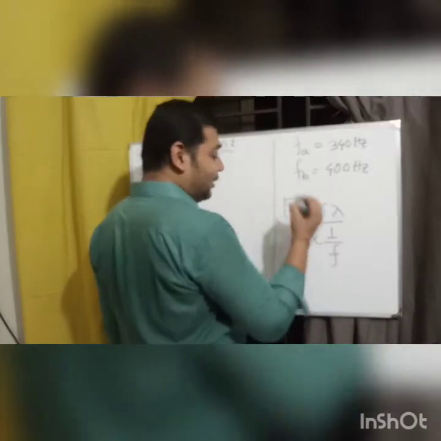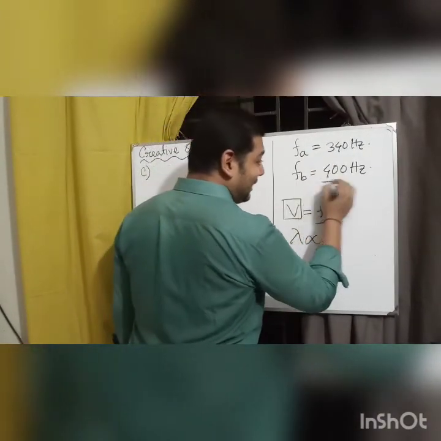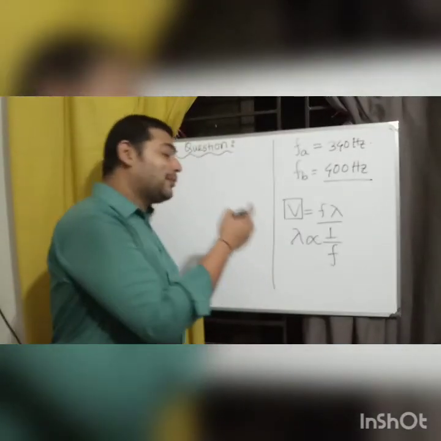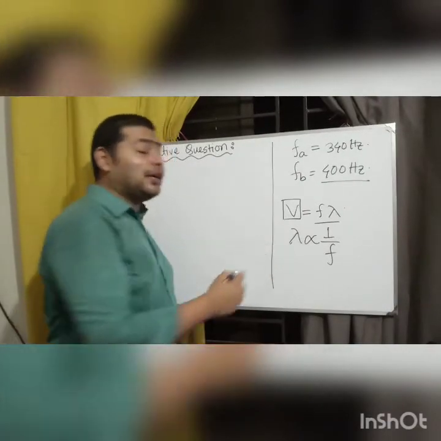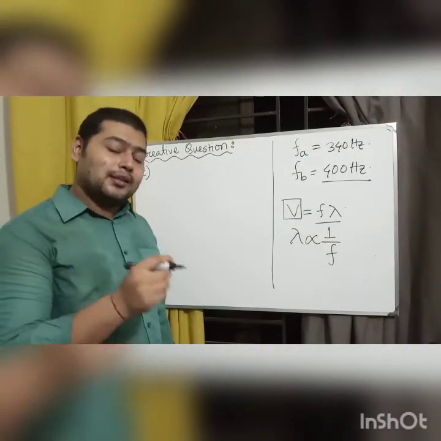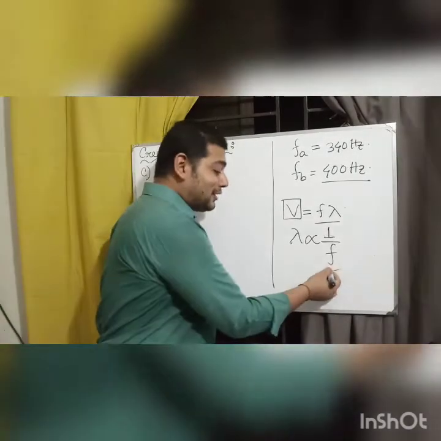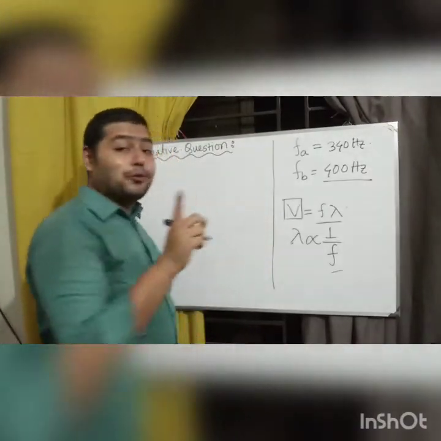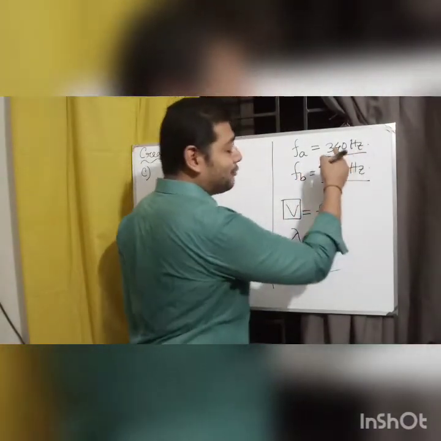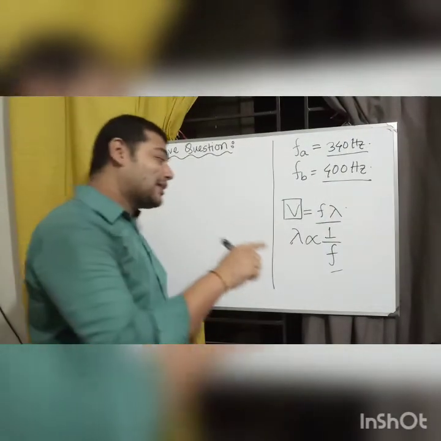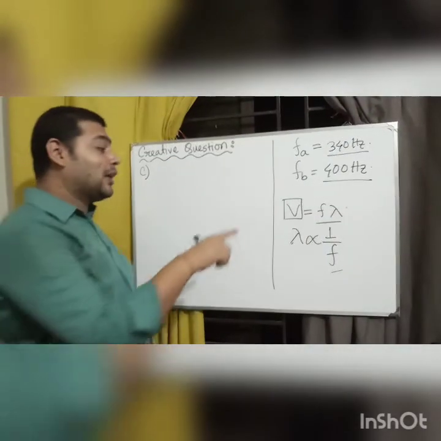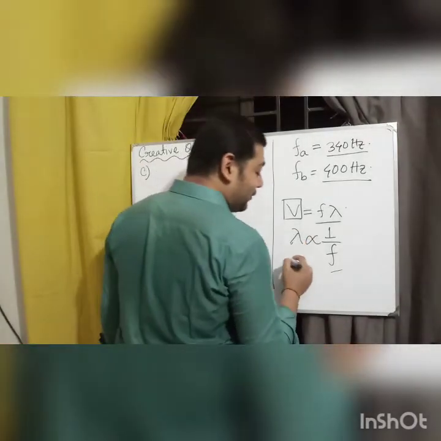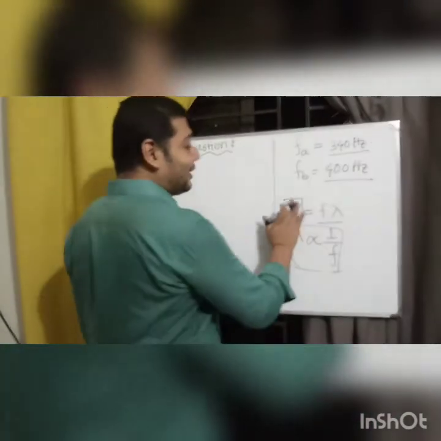So we can say that if the frequency is greater, then the wavelength will be smaller. Okay, if the frequency is greater, then for that frequency the wavelength will be smaller, and if the frequency is smaller, for that frequency the wavelength will be greater. Okay, so according to this information, we can write